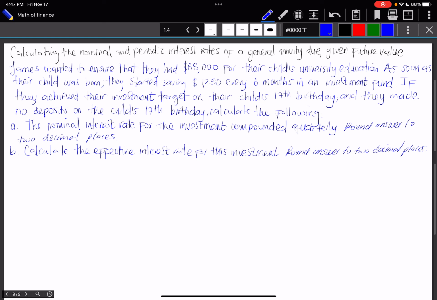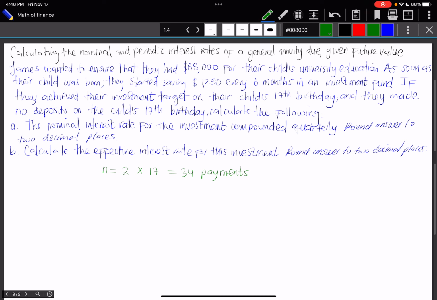Now, for part A of this problem, to compute the nominal interest rate for the investment compounded quarterly, we take into account the fact that there is a total of 2 payments per year for 17 years. So there are 34 payments in total. So N is equal to 34. We have N equals 34. And to calculate the future value of the annuity,